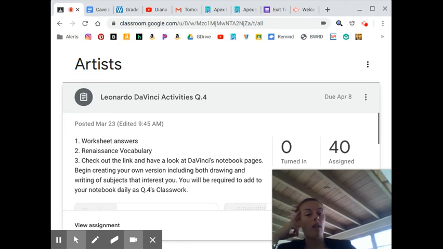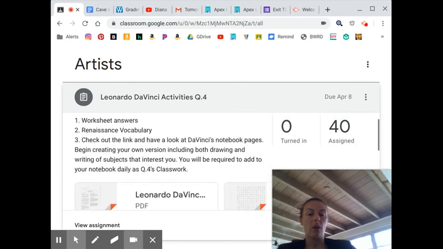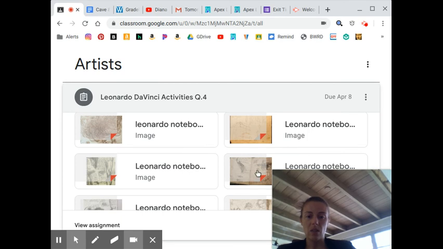Most of you will have lined paper, but if you have blank paper, I'd rather you use it. I know that I'm only expecting you to have pencils and pens. If you have more, great. If not, that's fine. You're going to be copying and practicing and doing your own sketchbook. You could even do a sketchbook on the COVID-19 virus and fill up a page or two with what it looks like, what it does, information, because you'll see in his activities and in these notebooks,